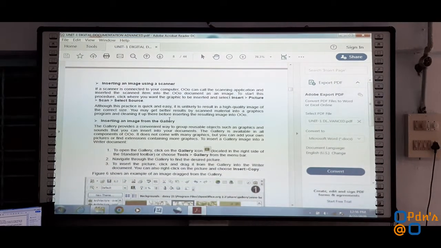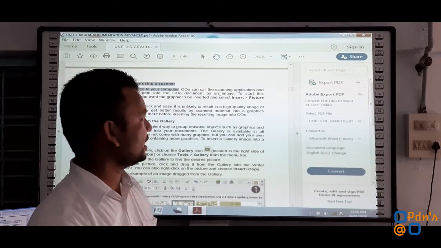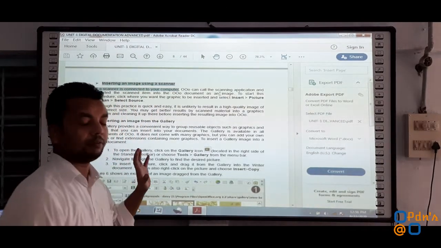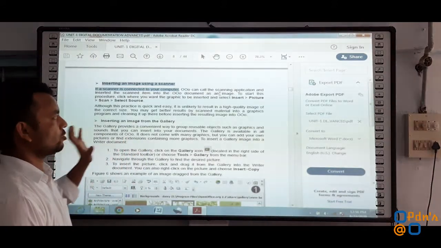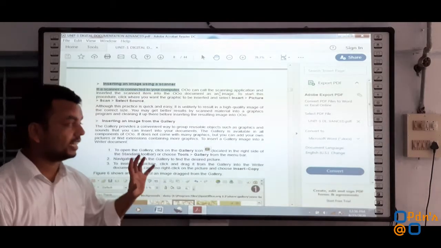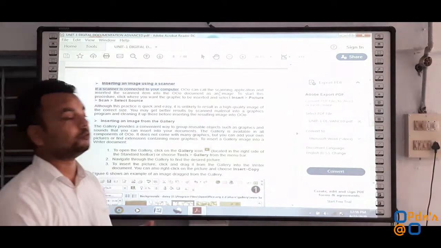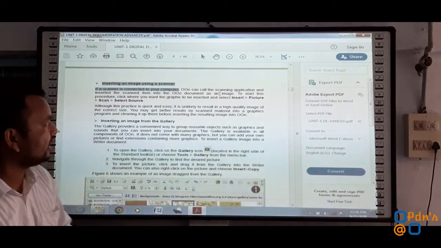Now let us come to the next, inserting an image using a scanner. How images can be inserted inside the computer using a scanner. At present, we don't have a scanner physically present in front of us, so I cannot show you all the steps practically. Instead, I will list the steps by means of which an image can be inserted using a scanner.